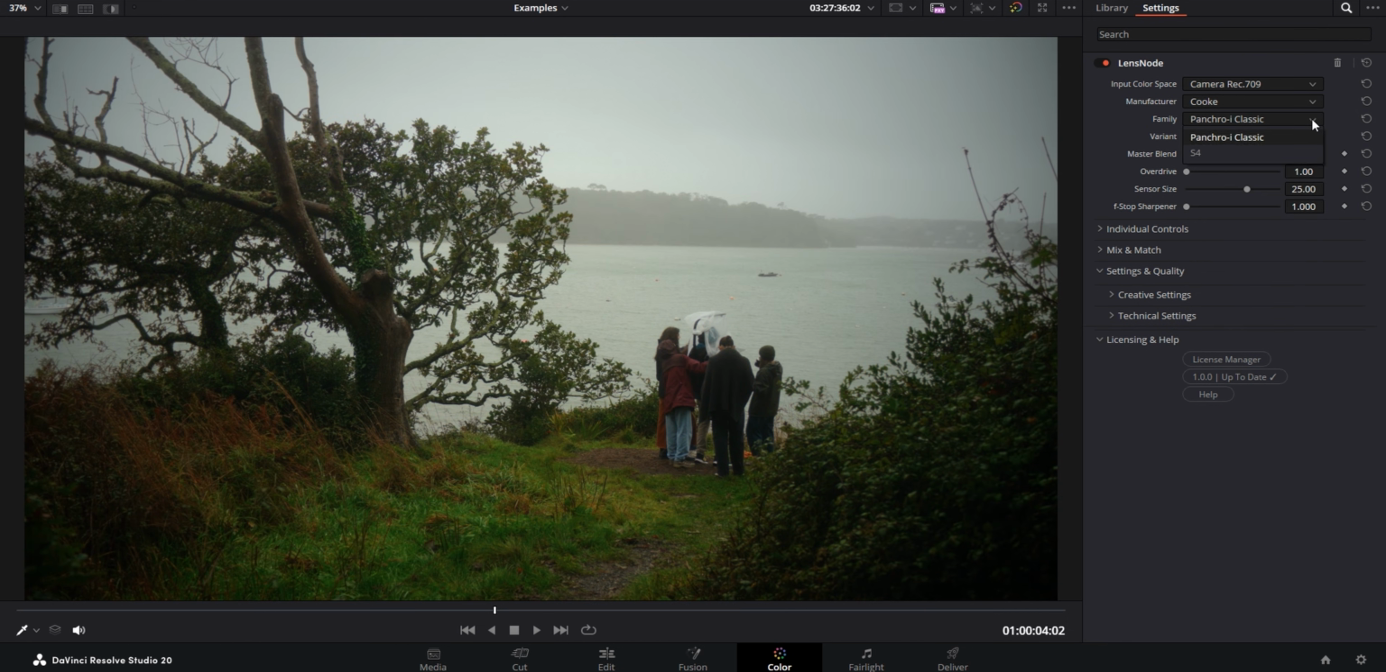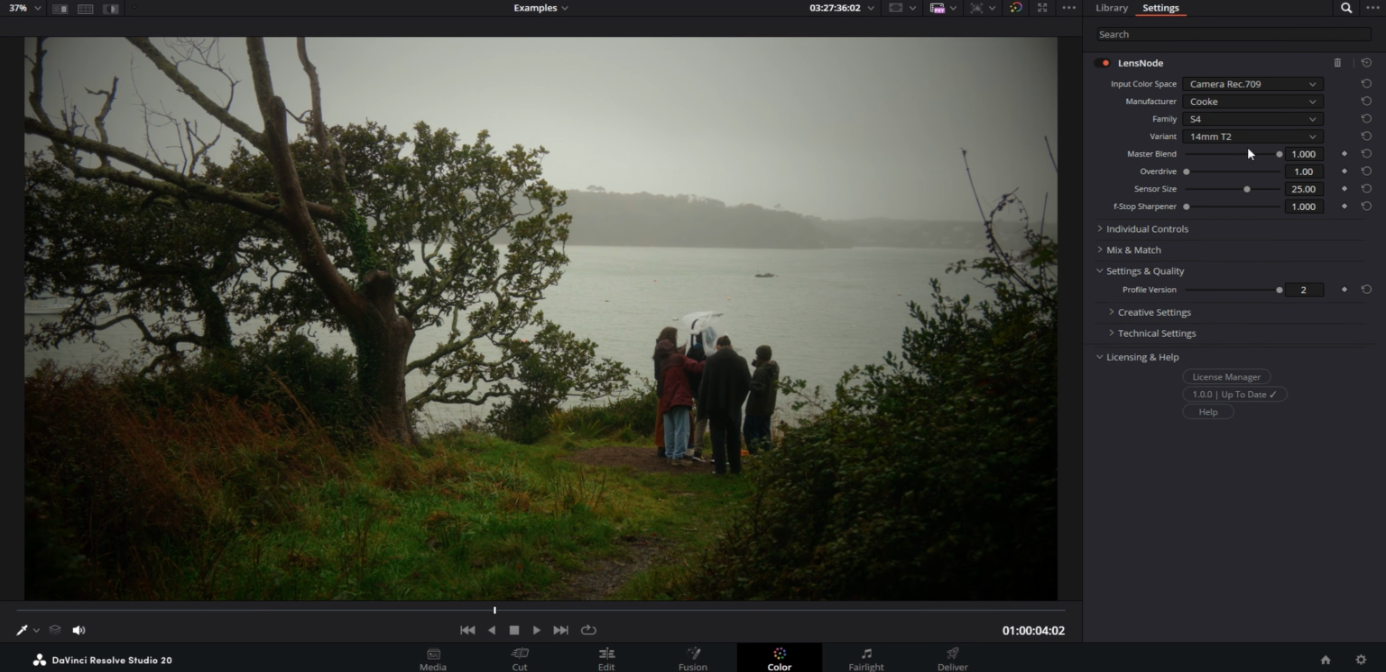Then under that, there's the family menu, because some of these lens manufacturers have different lines of lenses available. So for this example, I'll just pick the S4s. And below that, you can finally pick which lens from that specific line you want the plugin to emulate on